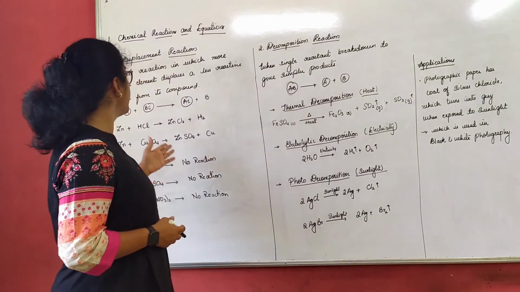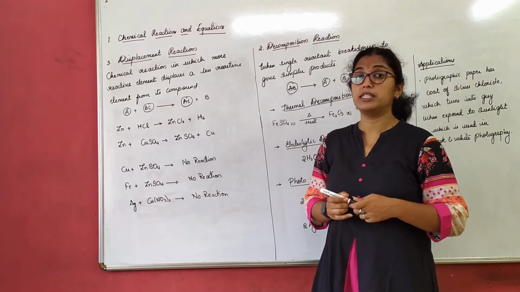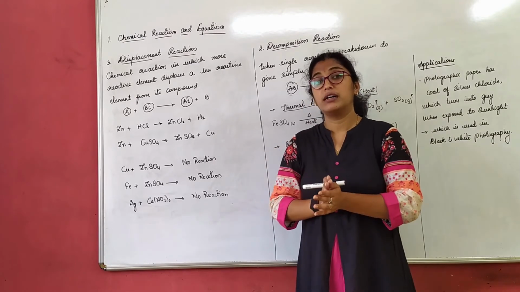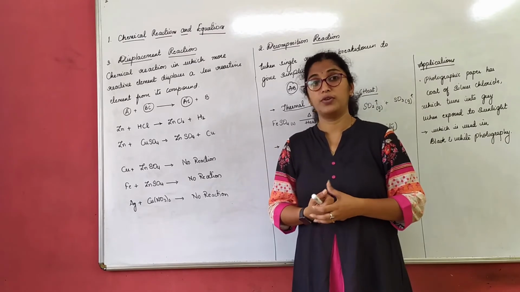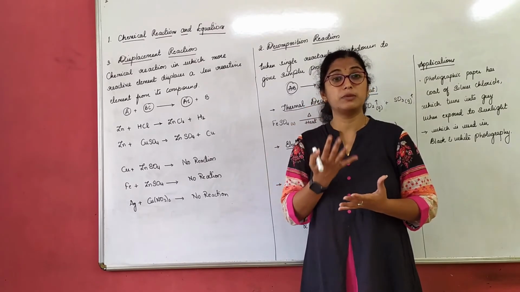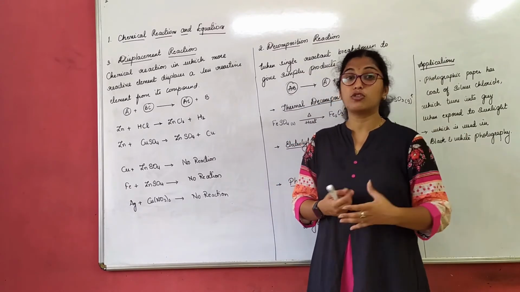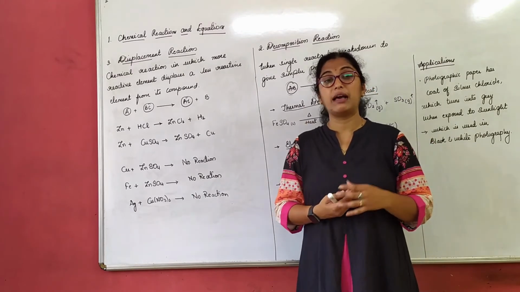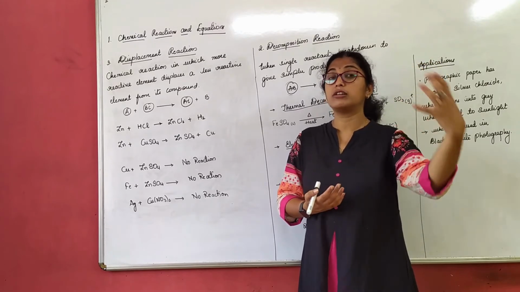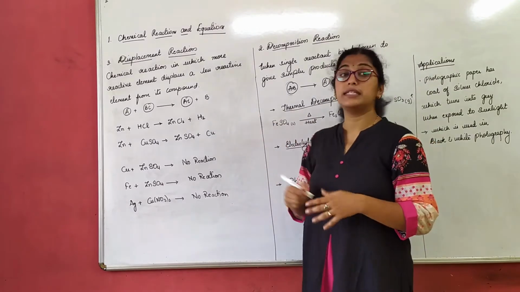We move on to the next reaction, that is displacement reaction. Now, the word displacement means what? Displacing something. Now, displacing what? For example, you have a sprint in your school, right? So, who displaces whom there? The stronger player always displaces a weaker player. A weaker player cannot be displacing a stronger player. By chance it can happen, but what we always see is a stronger candidate always replaces a weaker candidate. That is how it happens here also, same thing.